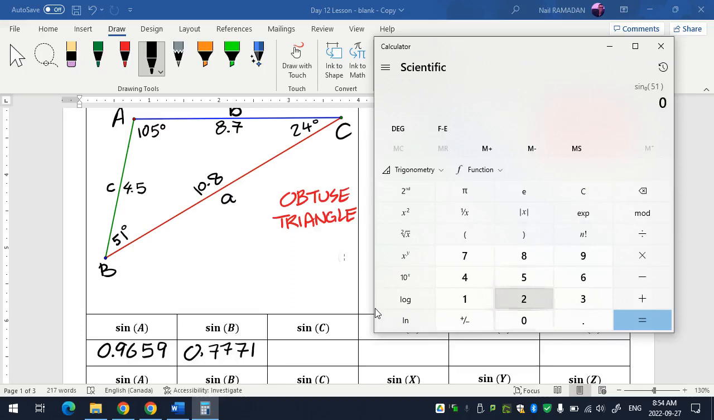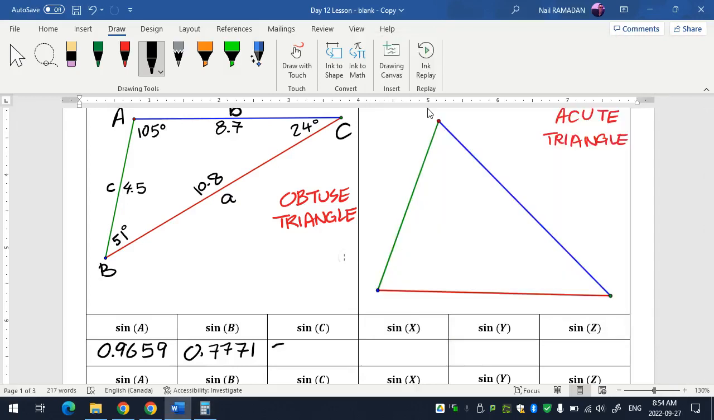What is C? Angle C. Yes, 24. Thank you. Trig, sine. 0.40673. So what happens to the 7? Nothing, it stays the same. So 0.4067. Okay. So far, we barely used